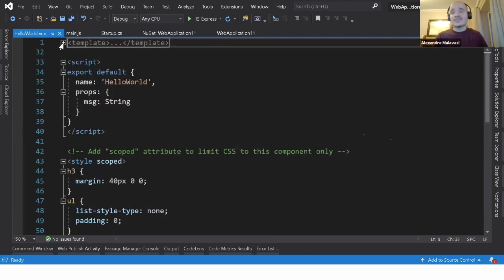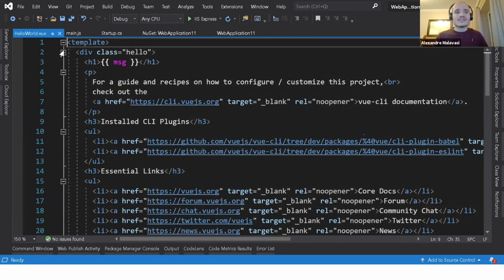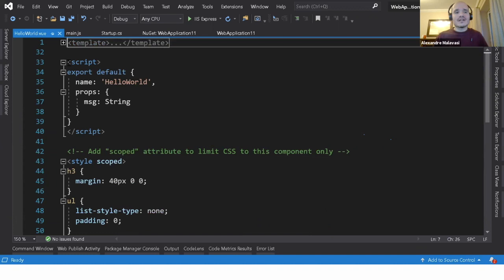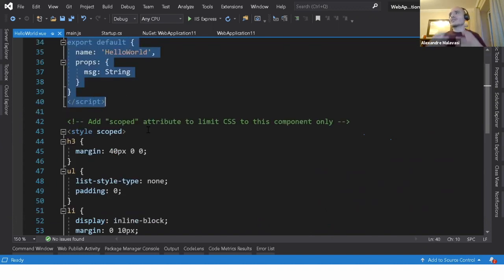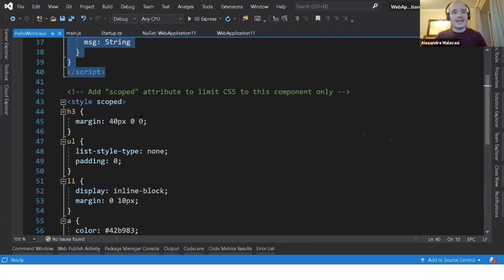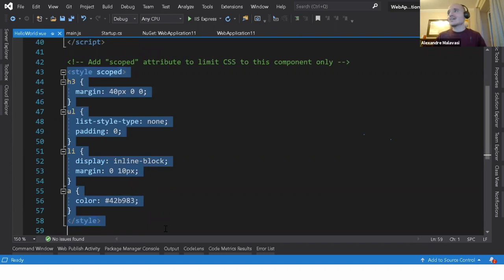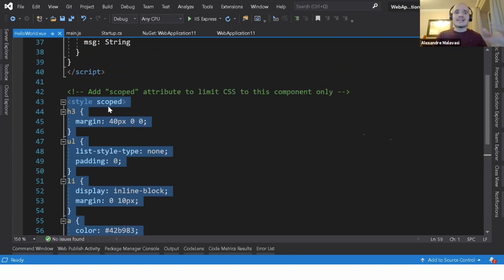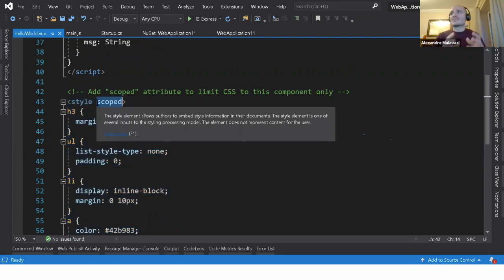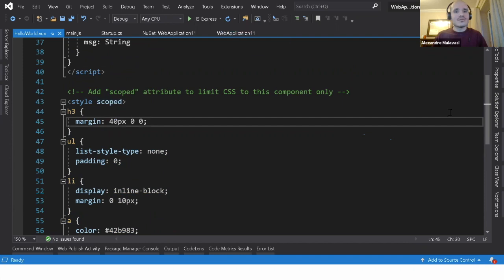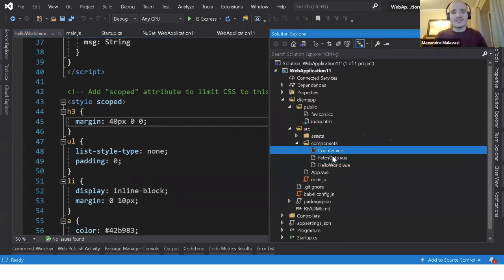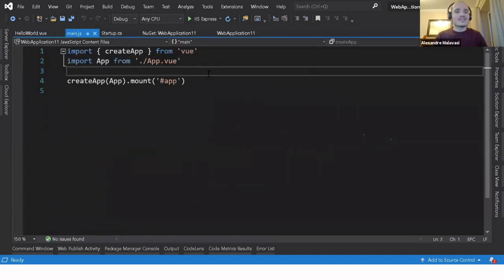So you have the template, which contains the HTML, so standard HTML here, and you have a JavaScript block to handle the logic associated with the components, and you have a style block as well. You can use not only CSS for this component, but you can use global ones as well. But usually I use scoped to keep this style only for this component. So considering we already have these two components here, we are going to change and configure the main JS